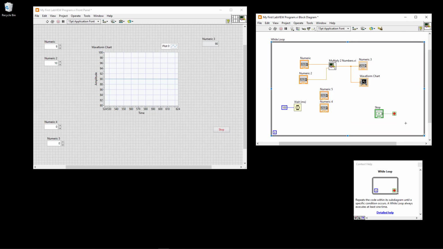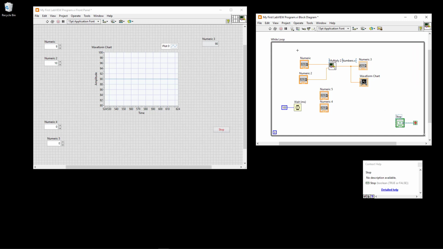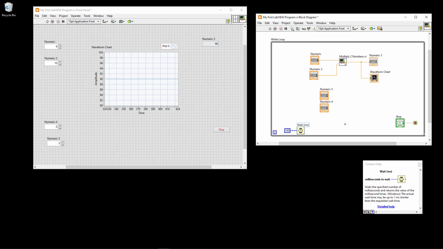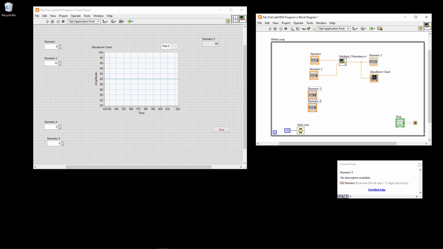Just make it a little bit bigger. And then, assuming you want to do the same for these 2 new numbers, want to multiply them, then we can just